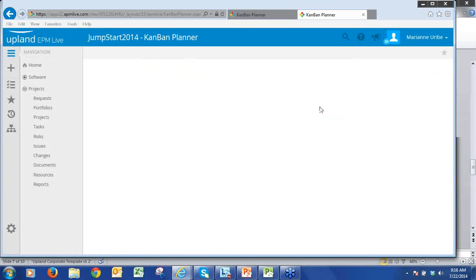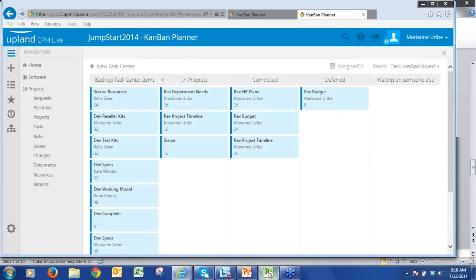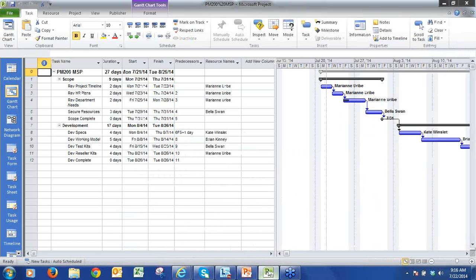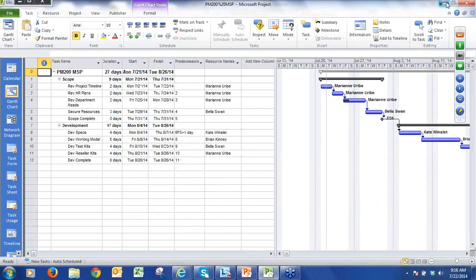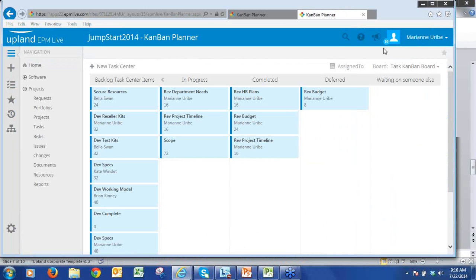If I chose to edit the plan, of course I would be launching Microsoft Project. I already have it open. So if I were to go back to Microsoft Project, because I am the project manager of this schedule, first off I would get a notification in the upper right hand corner telling me that I have updates waiting to be processed, because my team as a whole is making updates within this perhaps meeting here. Individually, if they made updates in My Work, I would get updates as well telling me I have updates waiting to be processed. But as a team, if we go through and make updates to all of these tasks that are listed here,